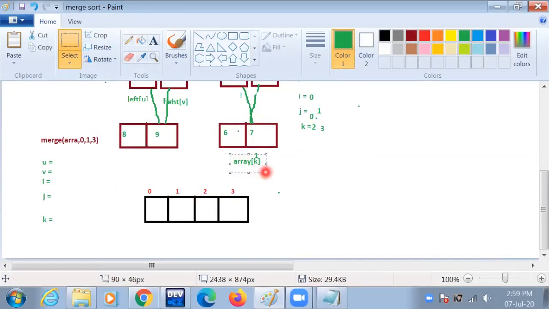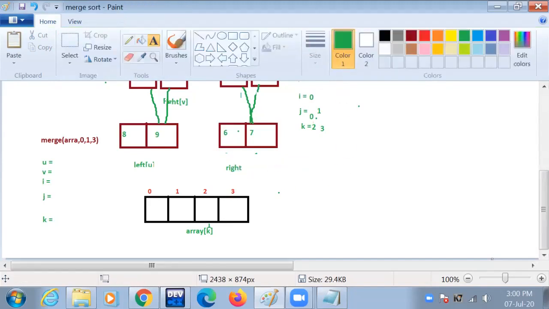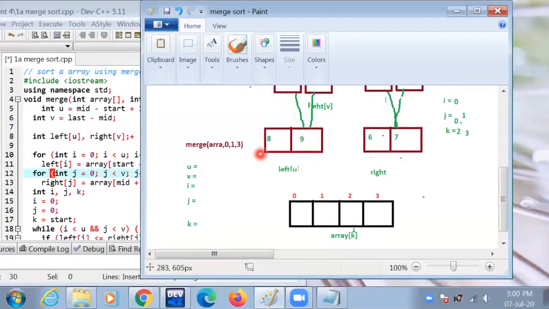Now this is array k here, and this is the left array, and this is the right array. This is right, and this is the array.